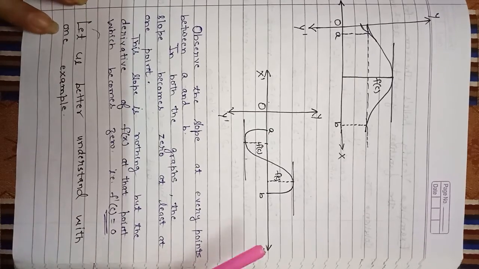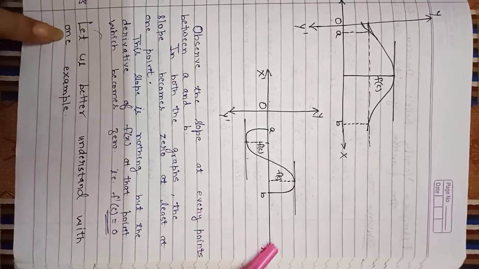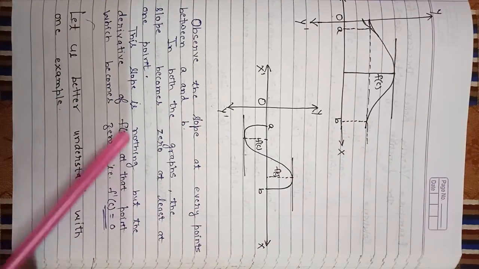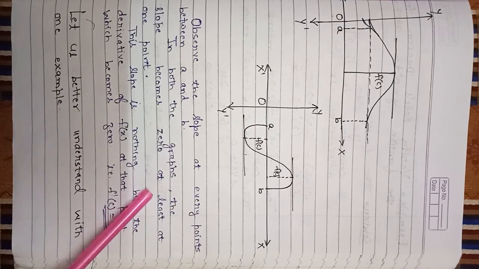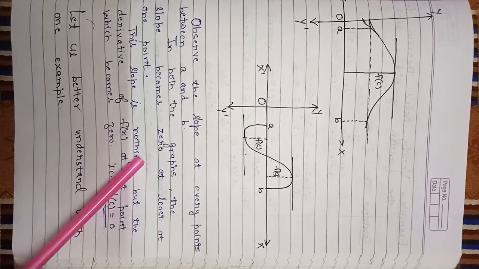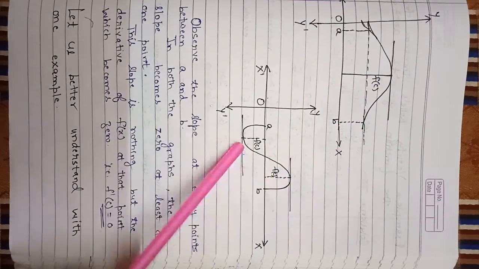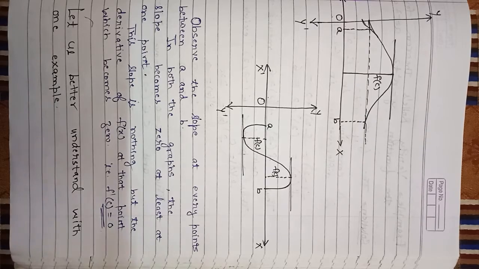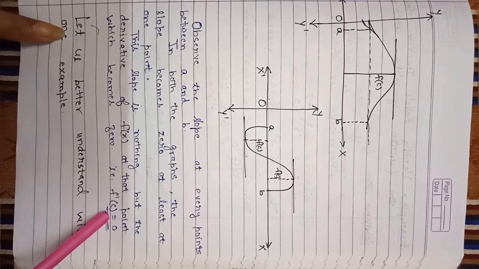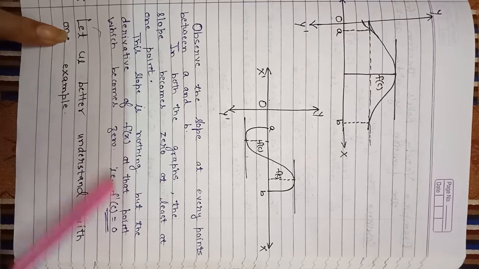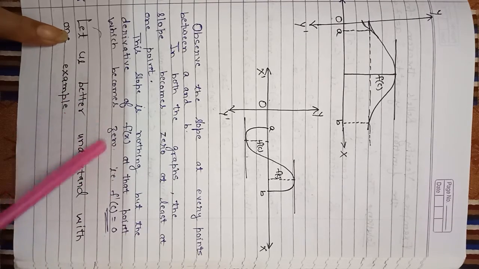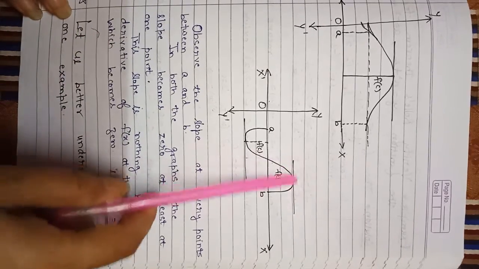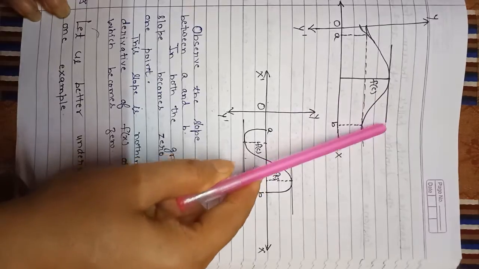It's a bit theoretical kind of concept according to maths. So let's see the graphs we had already seen. In both the graphs, the slope becomes 0 at least at one point. Here it was 1 point, here it is 2 points, meaning at least at 1 point the slope becomes 0. This slope is nothing but the derivative of f(x) at that point which becomes 0, that is f dash c is equal to 0, right? So in this way they had shown you with the help of graphs also.